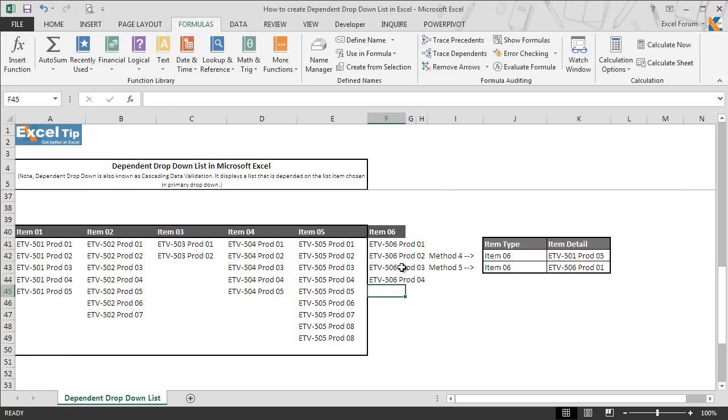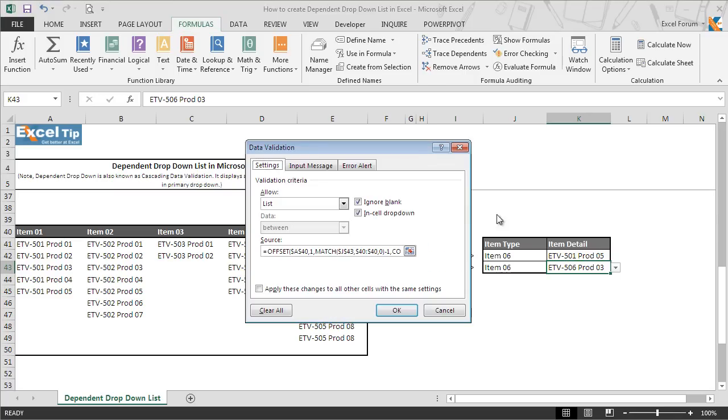And now when we come back to K43, the list displays the newly added products in the dependent drop-down list. Let's understand what was different here. So we select K43 and then we press Alt DL, and now if we look at the formula under source,